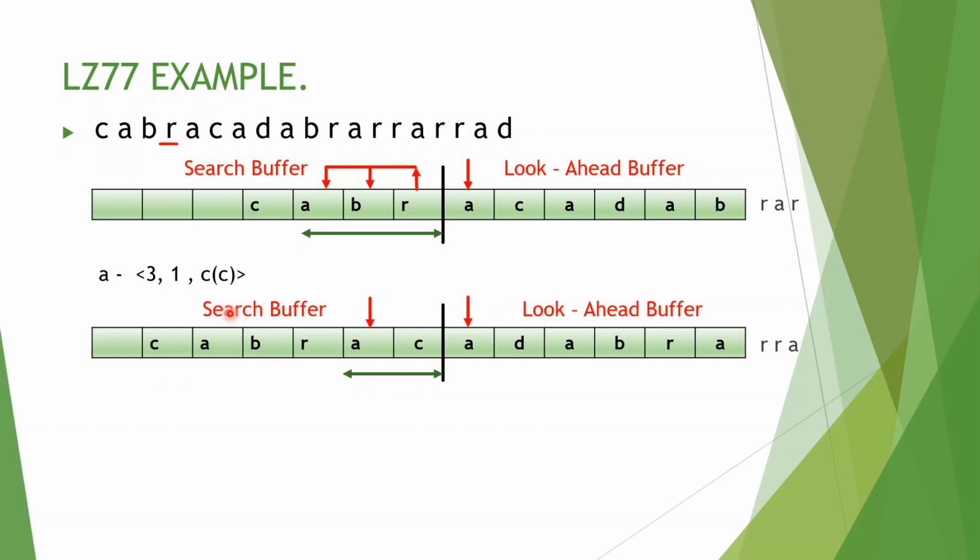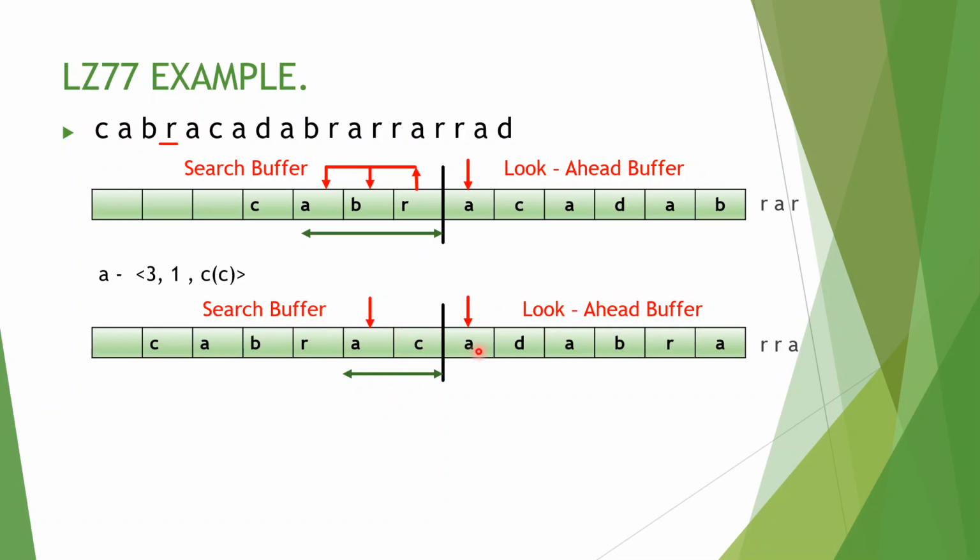But here what do we have to do? We check which symbol is there after A. D. So here A is matched. For that other A, which symbol is there after A? B. And here, which symbol is there after A? C. So we cannot match this symbol here. We match the symbol A which is firstly searched in the search buffer.